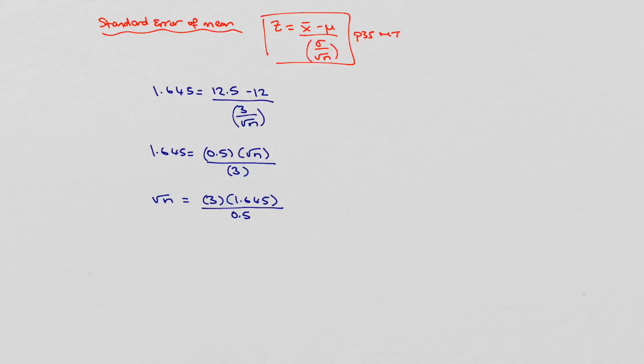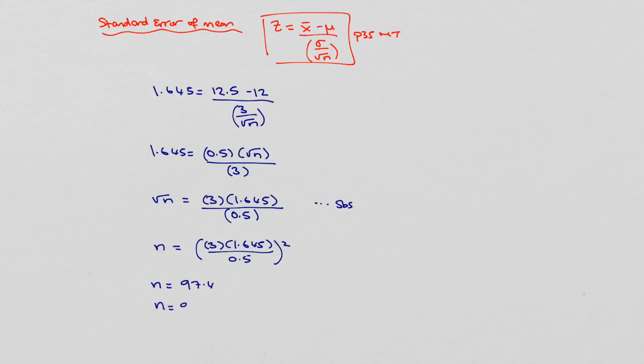And then to get n on its own, I'm going to square both sides. So if I square the left, I'll get n. And if I square the right, well, I'm going to get n is approximately equal to